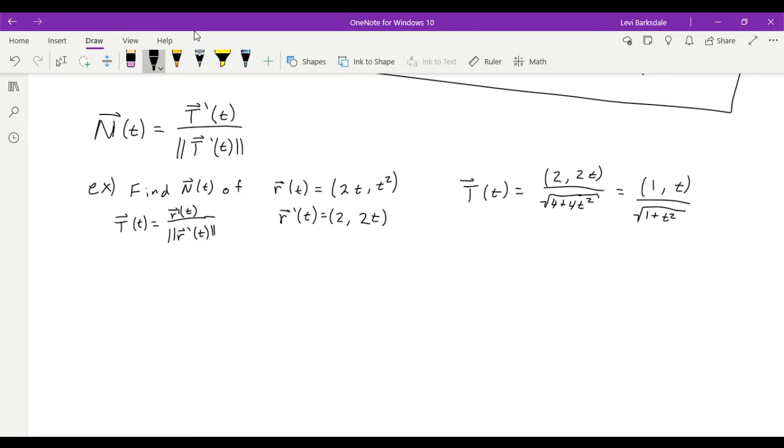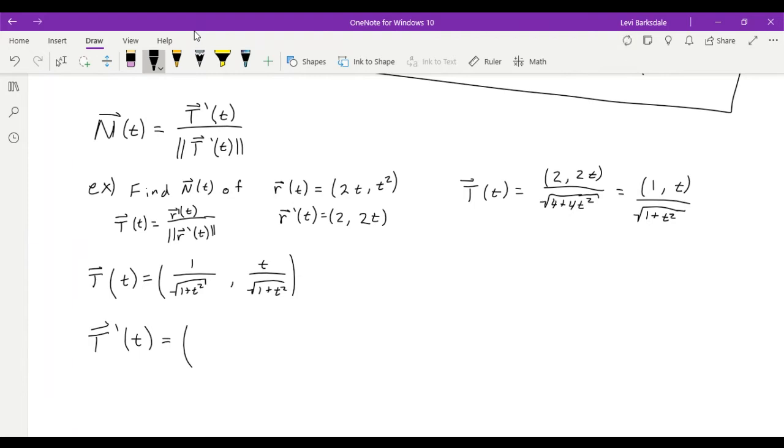All right. And I'm going to go ahead and write that component-wise, I suppose, without a coefficient out front. So we have T of t is equal to 1 over square root 1 plus t squared, comma, t over square root 1 plus t squared. All right, and now we know that the normal is the first derivative of this tangent vector divided by the magnitude of that first derivative. So T prime of t